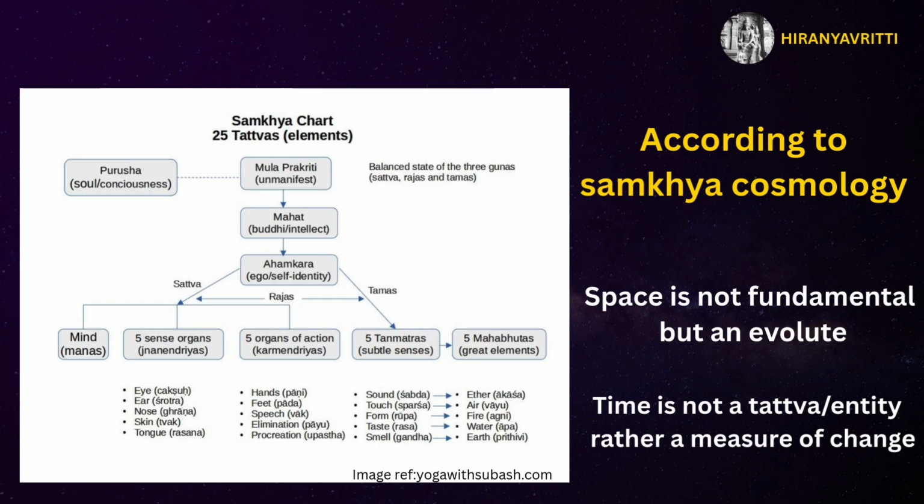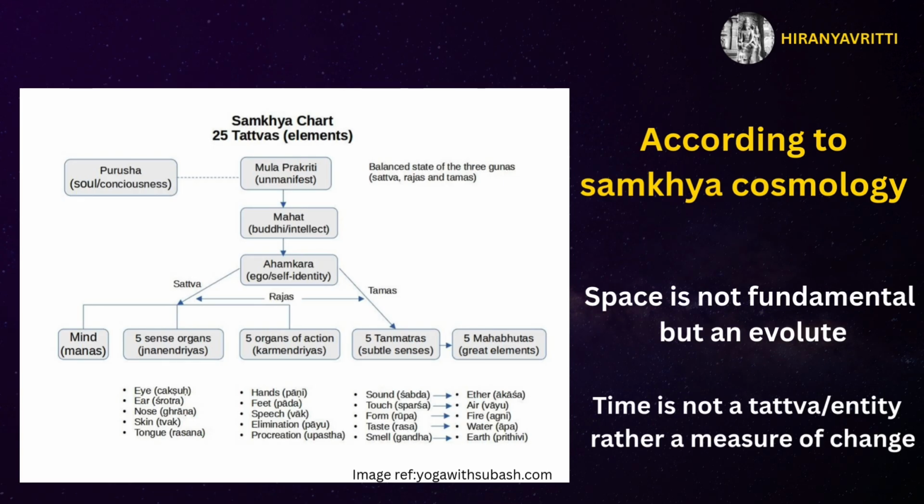From Prakriti comes Mahat, then Ahankara, from which emerge the subtle elements or tanmatras. From the Sabda tanmatra, or sound tanmatra, specifically arises space. Time, however, is not even a separate entity in Samkhya. It is simply the measure of change born from the ceaseless interplay of the three gunas within Prakriti, namely Sattva,